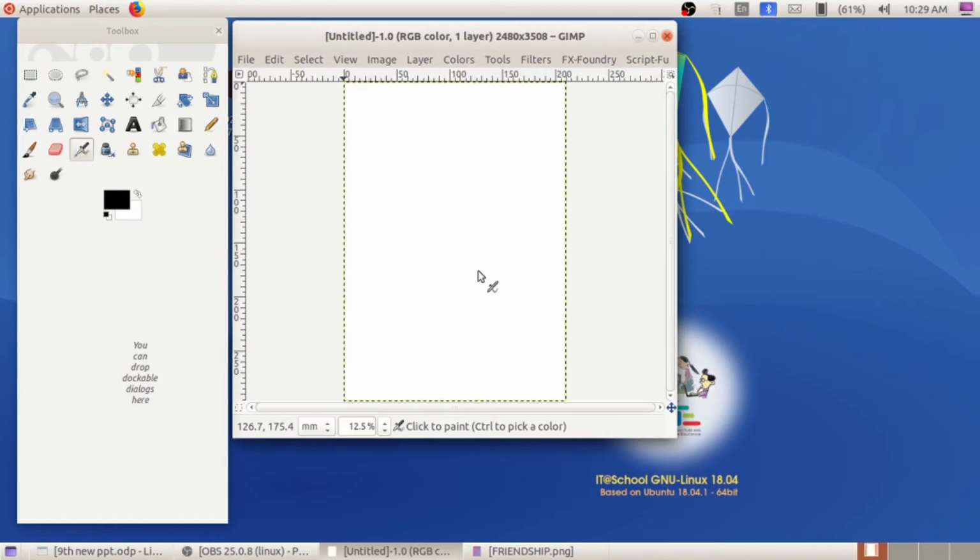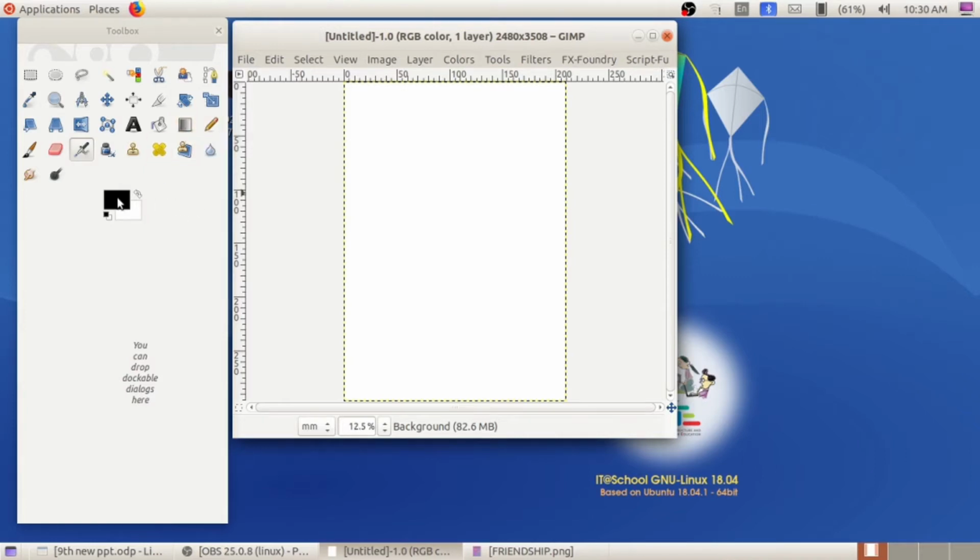I hope you remember these activities. So create a canvas by clicking on File, New option. After that, next thing is we have to apply the mix of two shades of colors. So by using which tool we can apply the colors? Do you remember the tool name? Yes, blend tool, this corresponding tool. So by using blend tool we can apply gradient colors.